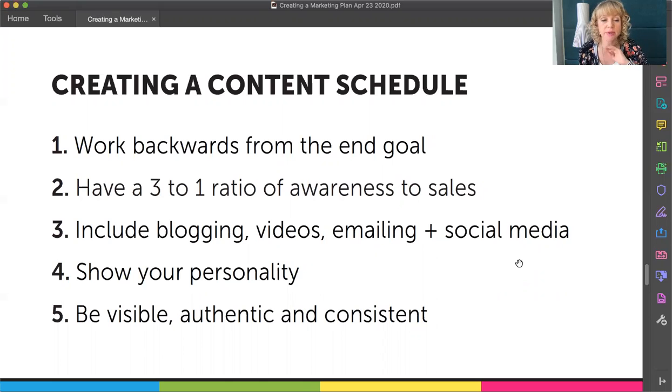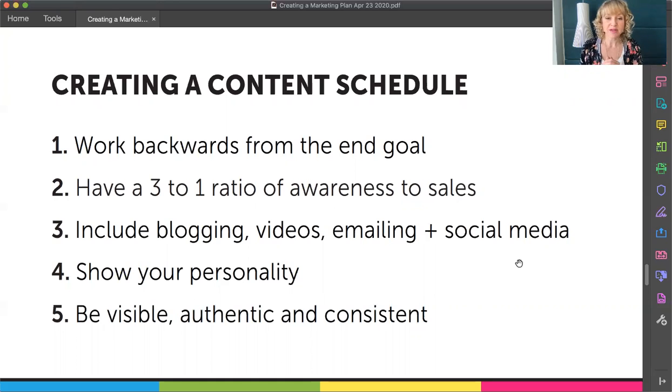It's obnoxious. People will unsubscribe and unfollow you if it's just too salesy, especially right now. People don't want to be overly sold to. So if you have a ratio of like 3 inspirational posts, 3 posts about clients, like, so I might post a photo about speaking or about my book, a quote from my book. I might post a client project, some design work that we've been doing. Then I would post something about BrandCamp.